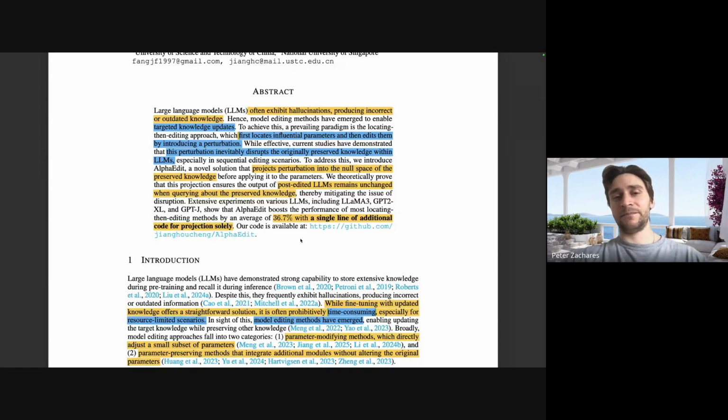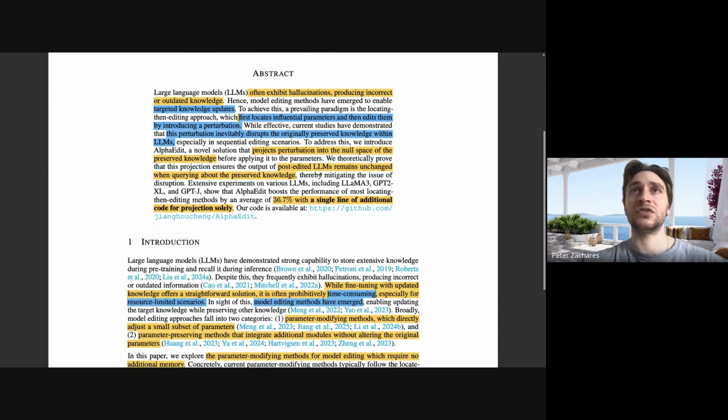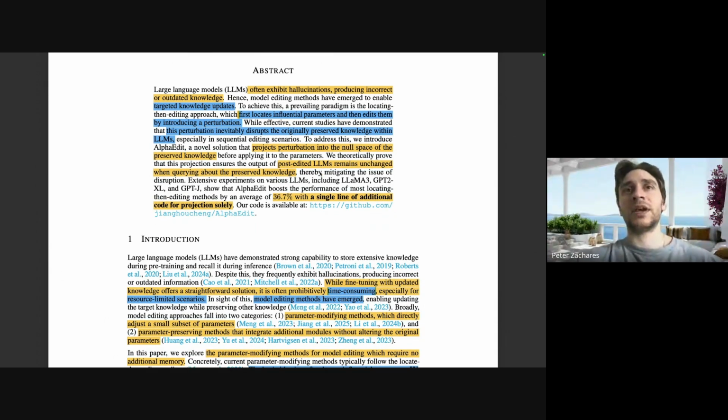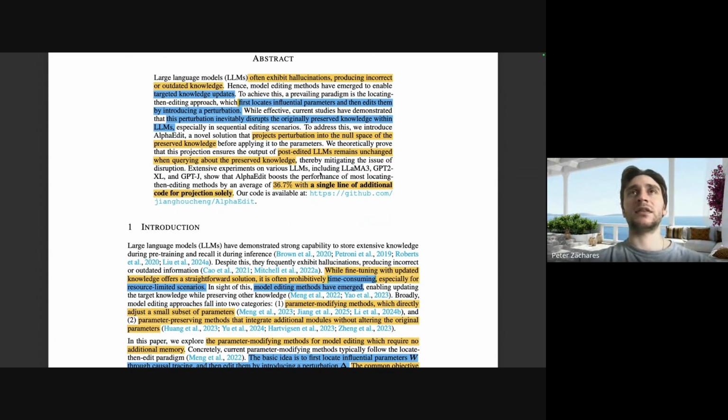to come up with a matrix, well, basically to determine the null space of the model's preserved knowledge, and we'll go into how that's calculated later. So, okay, there is a single line of code, but there's also another step that involves some pretty heavy linear algebra calculation to be able to make it a single line of code. But as we'll see later, it's not a big deal that there's this additional step because you only have to do it once.